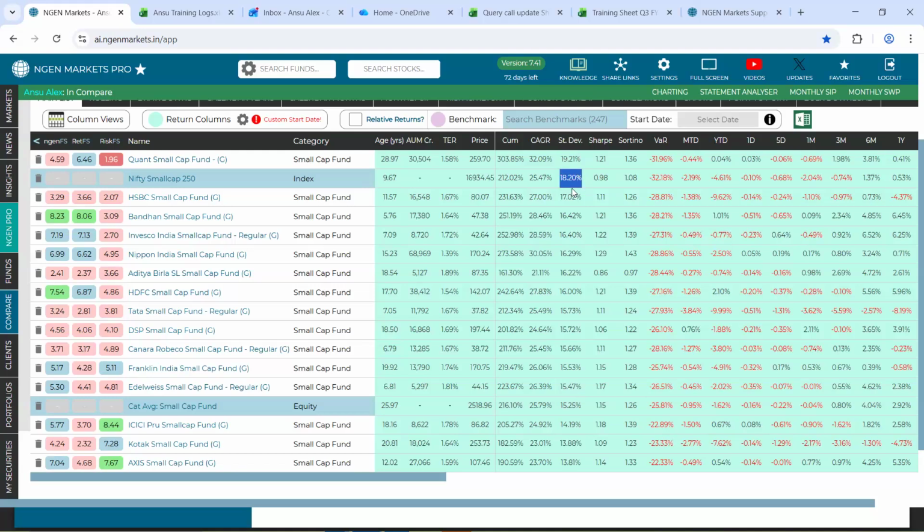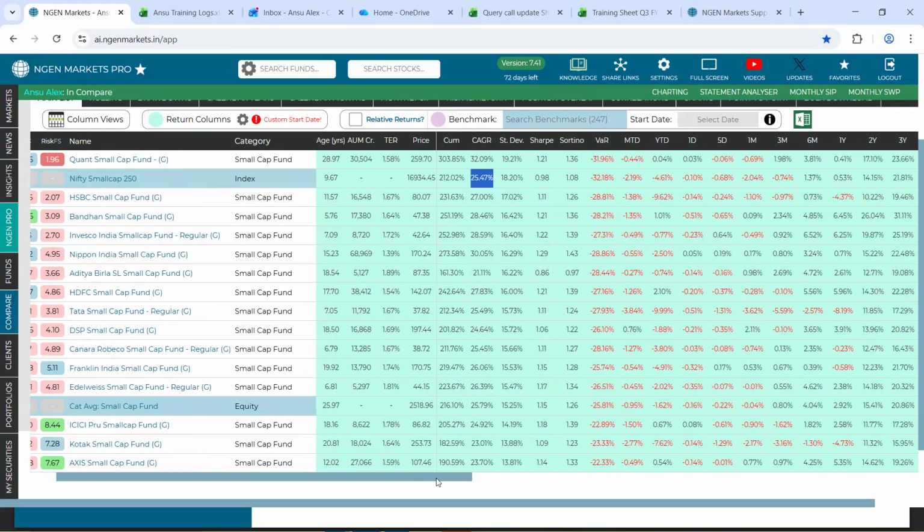Nifty Small Cap 250 has a volatility of 18.2, however the fund has a volatility of 19.2. And this risk that it has undertaken is compensated by the returns generated. You could see a risk of 19% is coming with a CAGR return of 32%, which is again higher than that of the benchmark. So higher is the risk, higher is the return generated by this scheme.